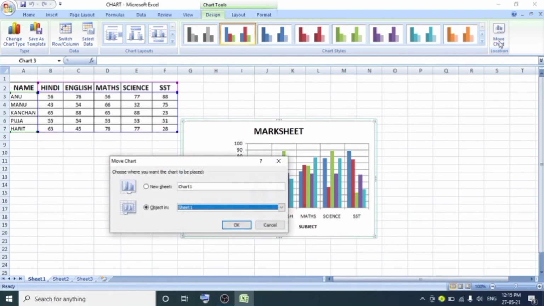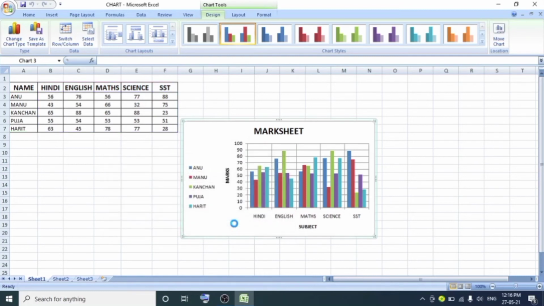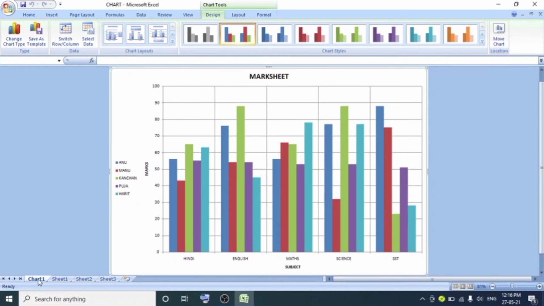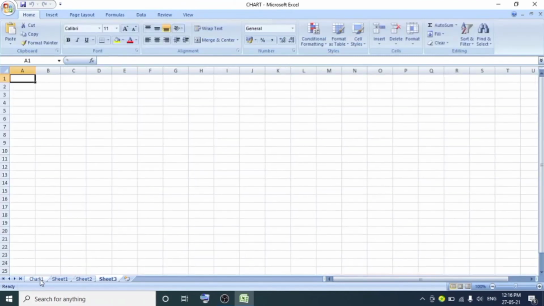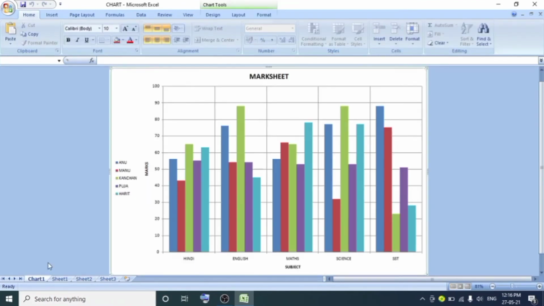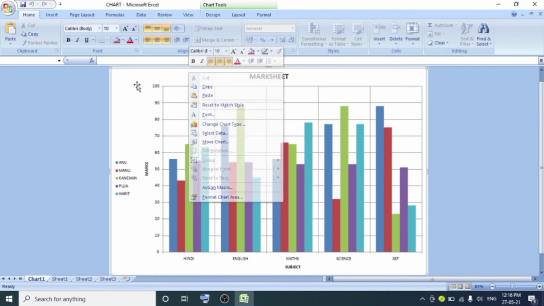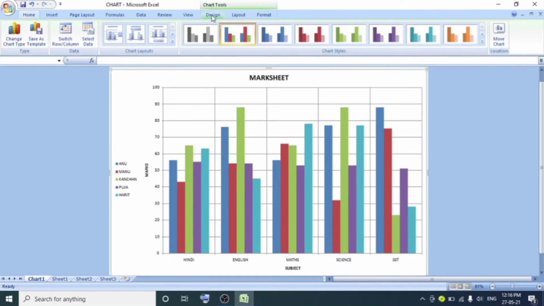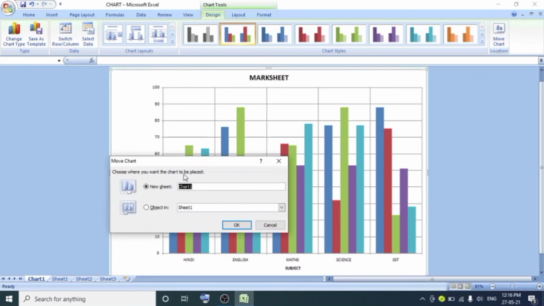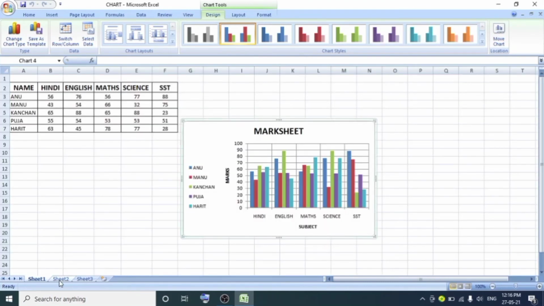If I want to change the location, then I have to select the new sheet and write the name of the chart like this, and it will move to the new. You have seen 3 sheets will be open here and the chart one. Fine. I hope you all have clear with this. And if you want to again change, then click on this object and select the sheet 1 and then OK. It will again come to the sheet 1. I hope you all are getting that how to change the location of our chart.